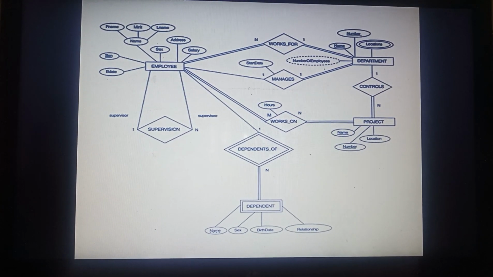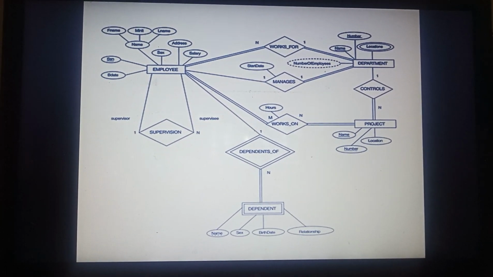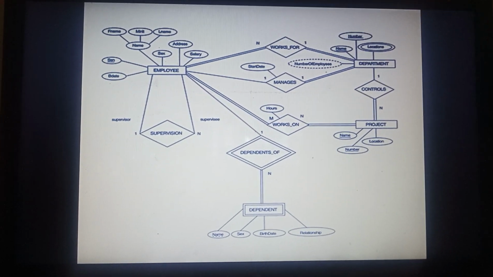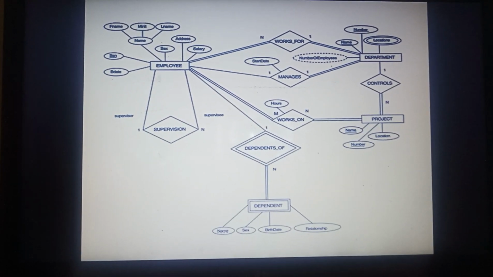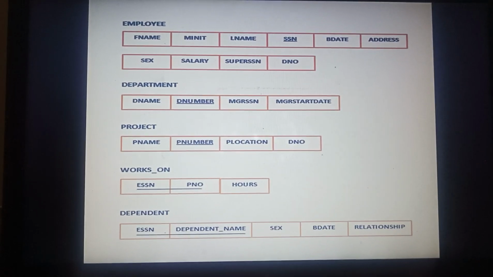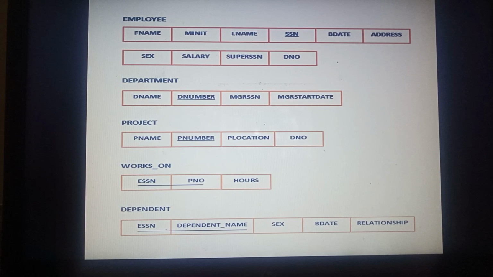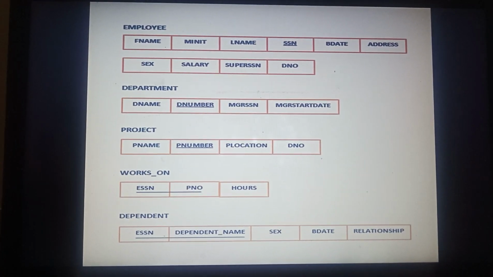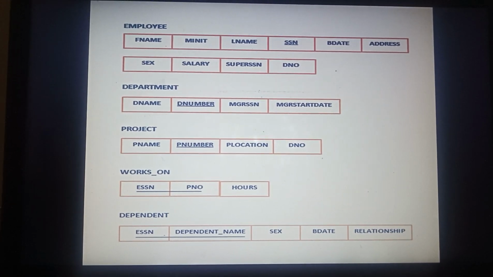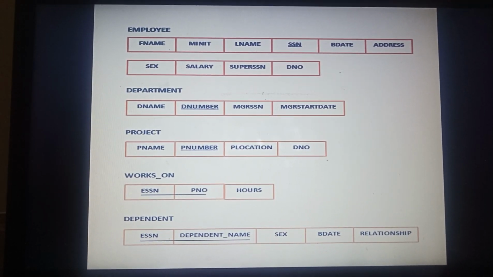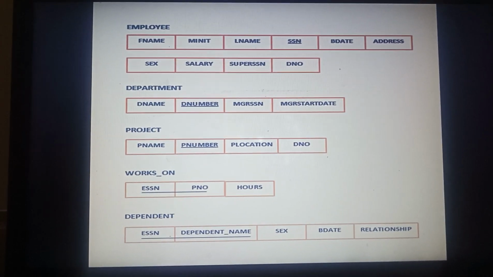And also we will add one more attribute, hours, because it is on this relationship type. So we have added the works on table, in which we have added the primary key of the employee table, the primary key of the project table, and the hours attribute, and we will make a composite key ESSN and P number as the primary key.